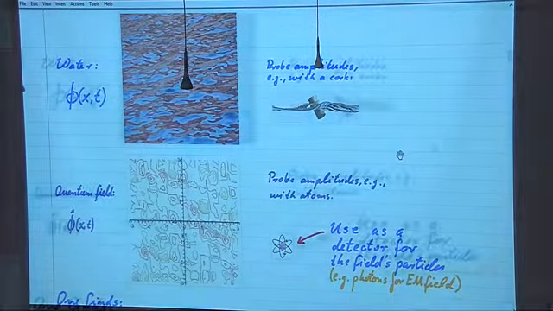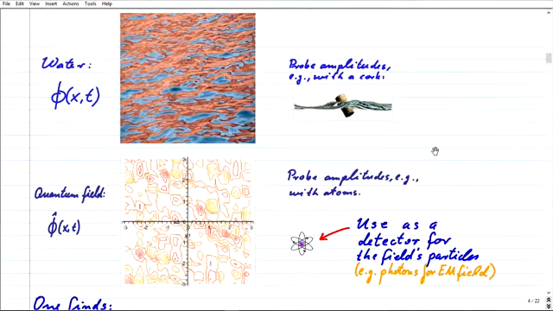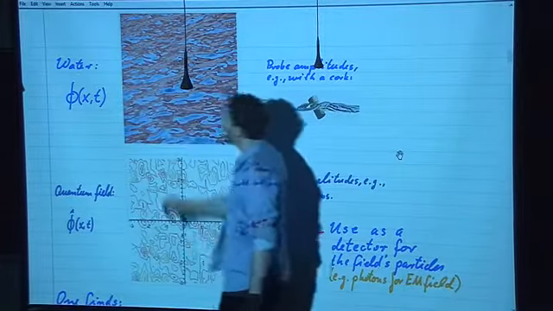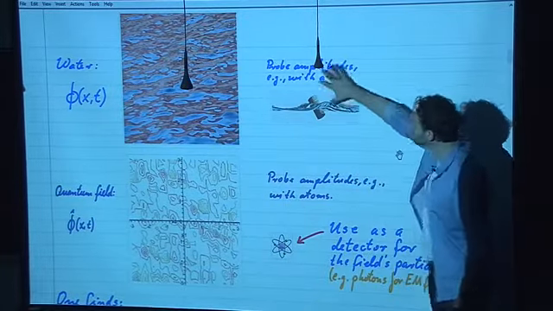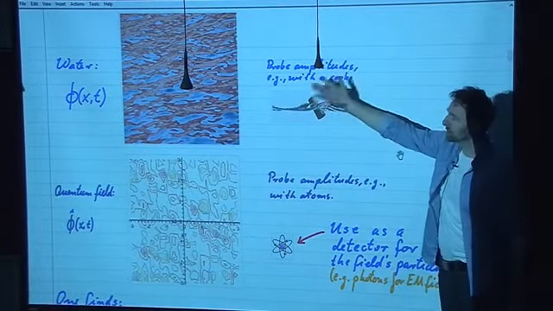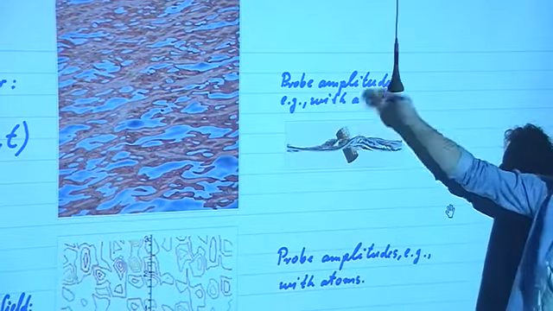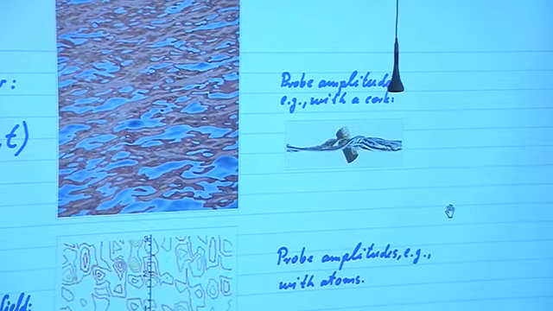Really, to check whether that interpretation works, we have to go back to the basics. Remember, water waves, we might describe the amplitude as a field phi of x and t, and then we can probe the amplitude of the field anywhere we want by putting a cork into the field and measuring how it goes up and down. With a quantum field,